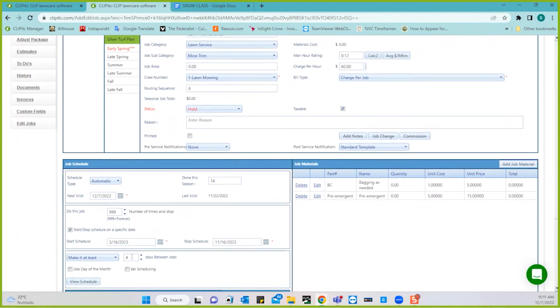And now it's 2023. Notice it didn't take this off hold. That means that you would also have to go in and reactivate these jobs, but it's a couple fewer clicks. For instance, the main reason I've heard people use the start-stop schedule is that at the end of the year, they send out contract renewals and they want all these jobs on hold, and we'll reactivate them when the